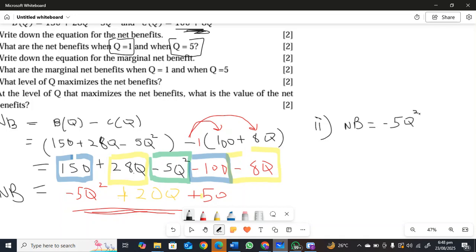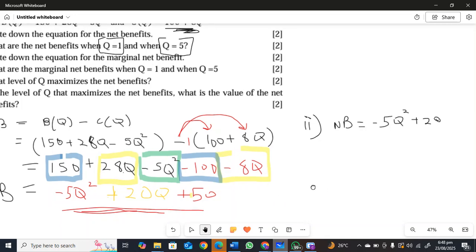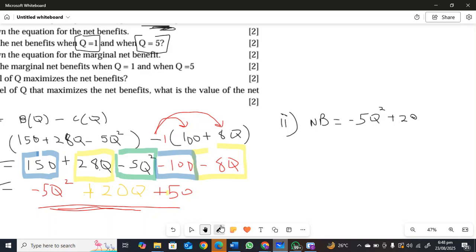One of these benefits can be revenue. We're talking about benefits to the company. Apart from revenue, what other benefit can a company have? So when q equals 1,